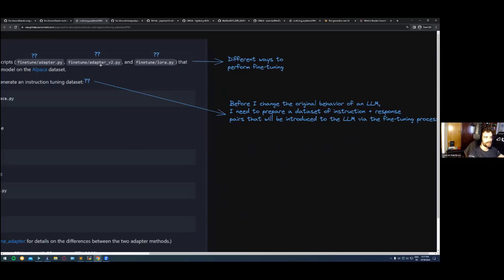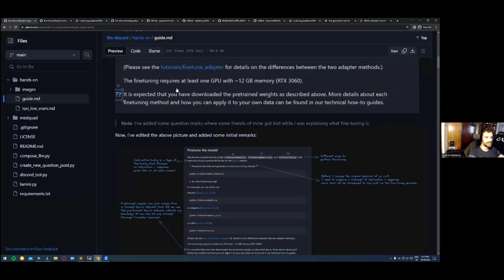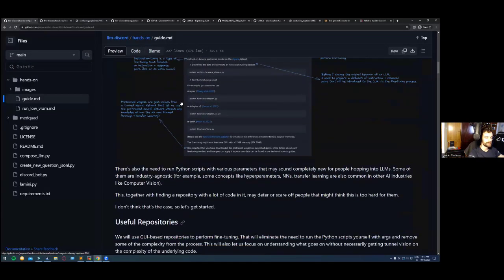And LoRA and adapters are just two ways to perform fine-tuning. And we'll see that LoRA is a really, really clever implementation. So